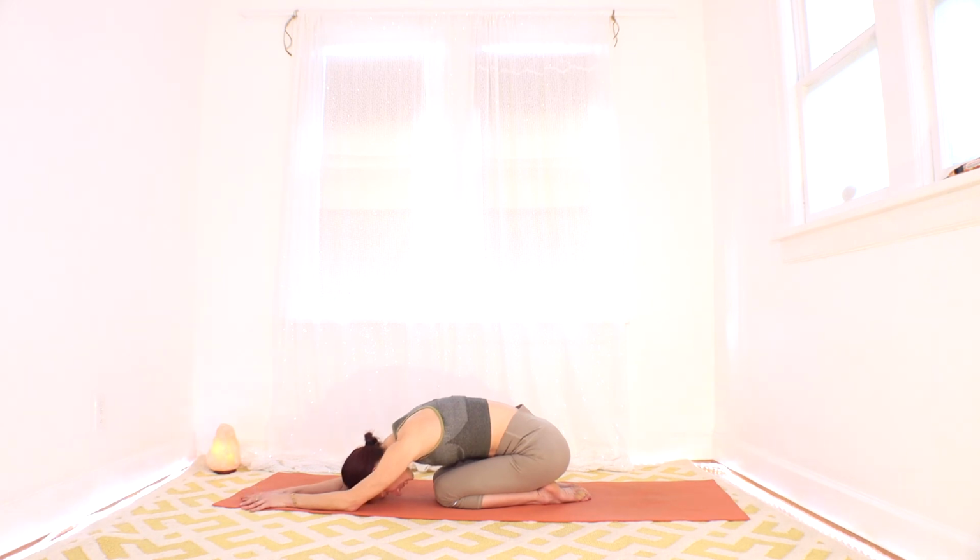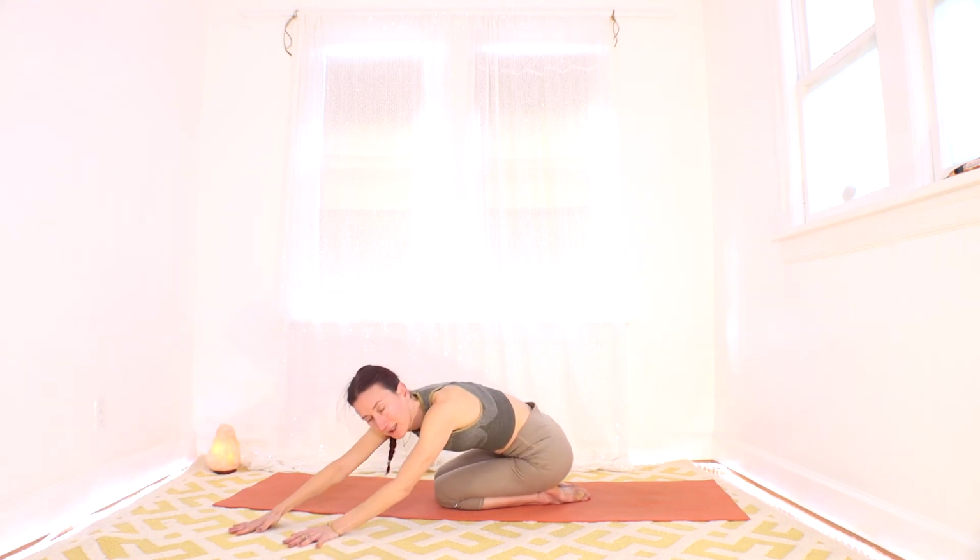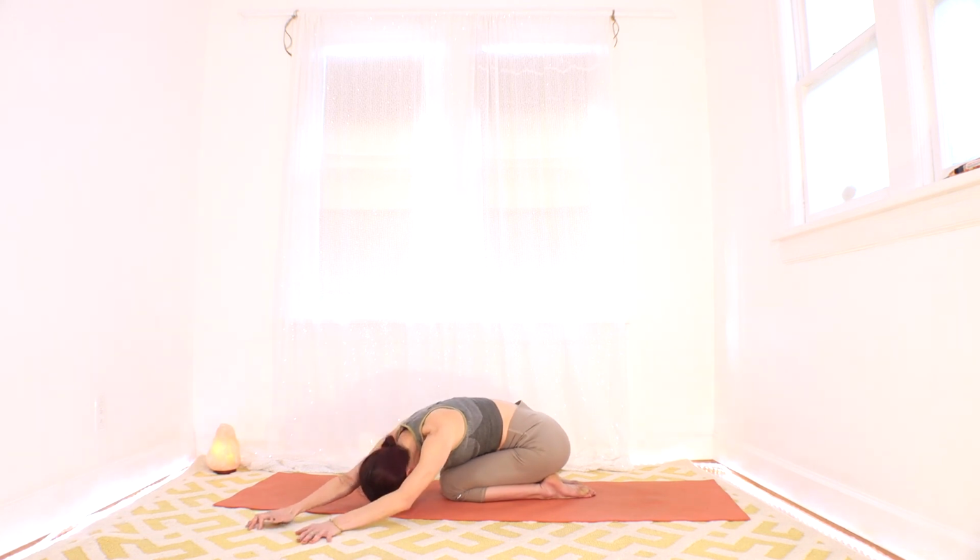So from your child's pose, walk your hands out to the left, just as far as you'd like. Really, just whatever feels right, until you feel a really nice stretch in that right side. So lengthen the right side. And breathe into the right ribs, the right low back, even your armpit. Stay right here, or you can add a